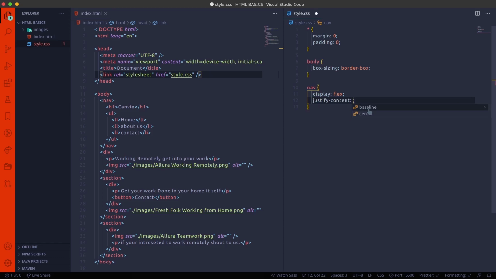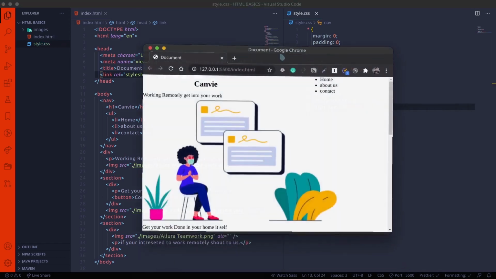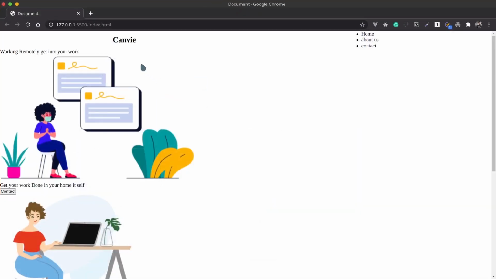While using flex, we have to justify the content to be space evenly or space around, and make the items centered, align items center.